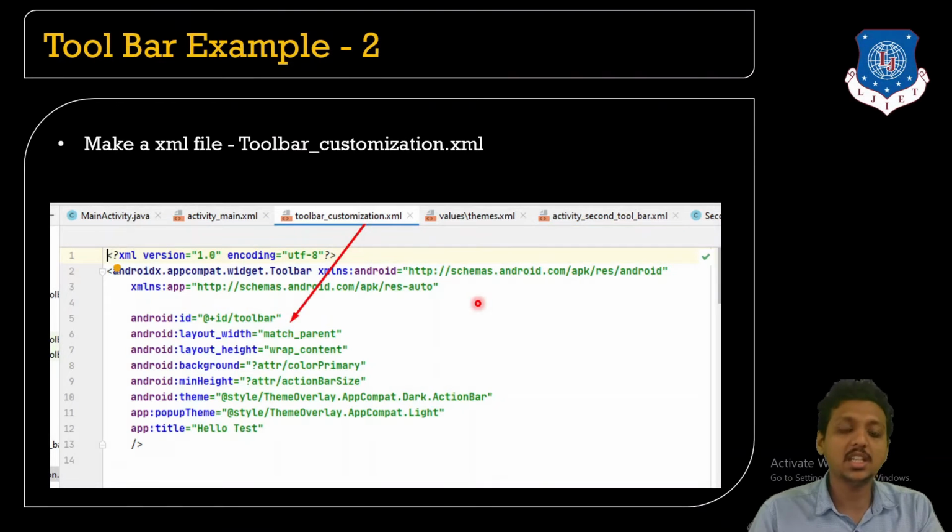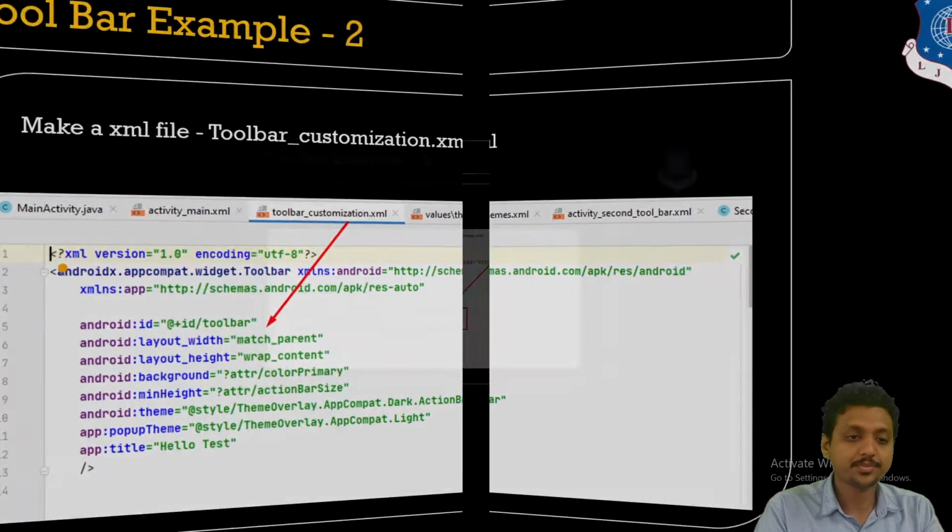Now the very next thing, here I am going to make another customized file for the layout. So what will be my layout today? Today I am going to take a simple text view over here. See students, this is my toolbar_customization.xml file where I have defined the toolbar. I am going to show another way that you can create the toolbar by using the tag androidx.appcompat.widget.Toolbar. Okay, this is the toolbar.